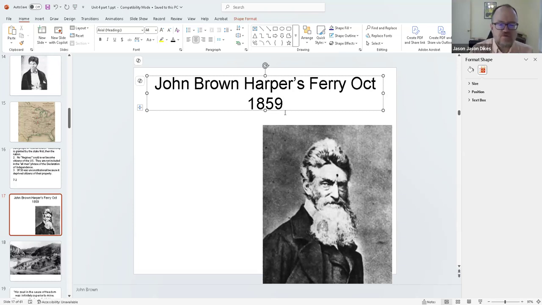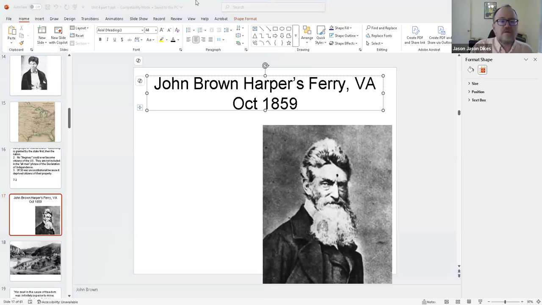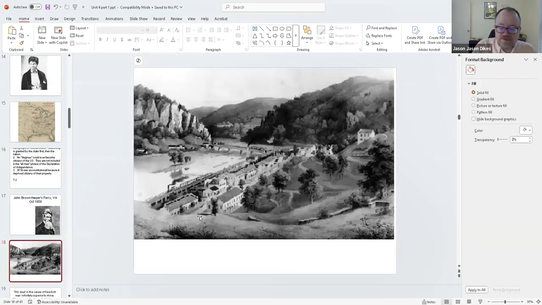Harper's Ferry was one of the 2 places in the United States where they manufactured weapons. Harper's Ferry is in Virginia. By the way, I believe today it's in West Virginia. But I'm willing to be proved wrong about that, but let me check real quick. Yeah, it is now West Virginia, but back then it was just Virginia. It's one of the 2 places where they manufactured a large number of weapons. This whole complex right along in here was for weapons manufacturing.